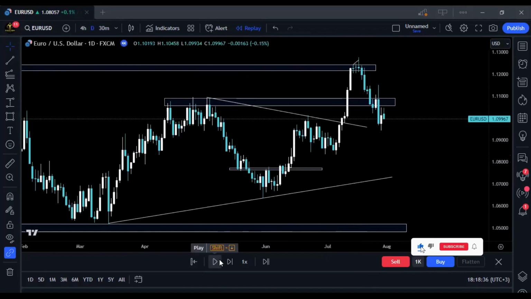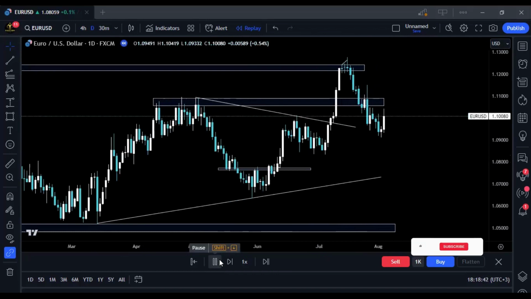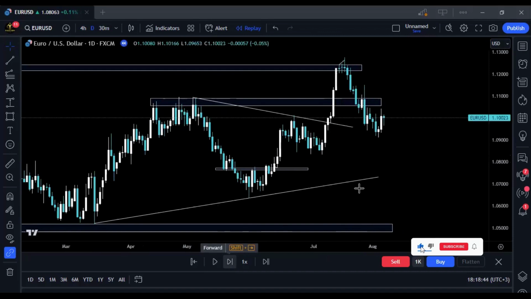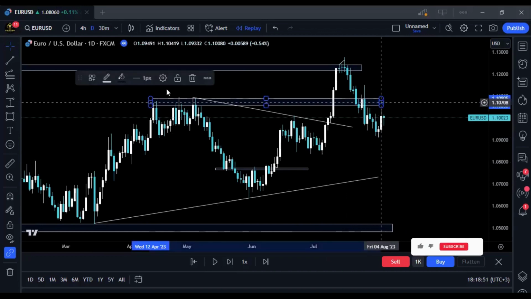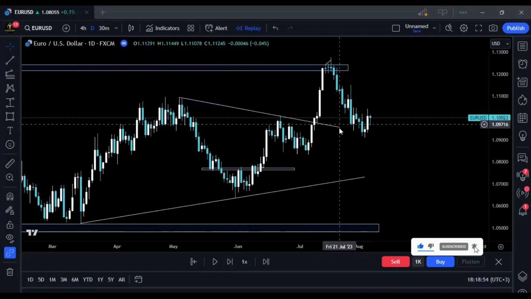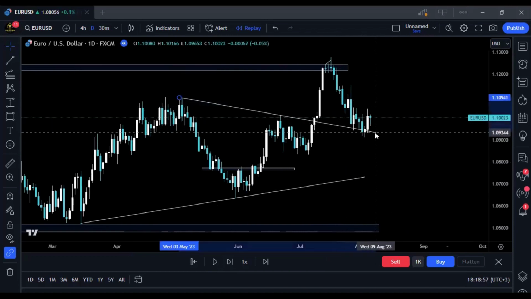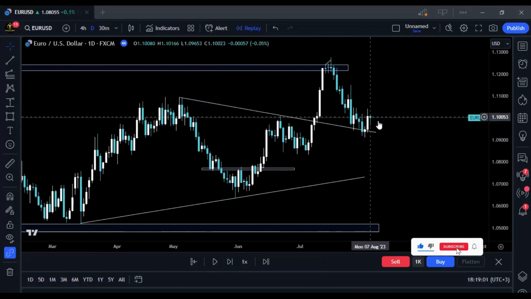Bullish again. So obviously this is a morning star. Price obviously